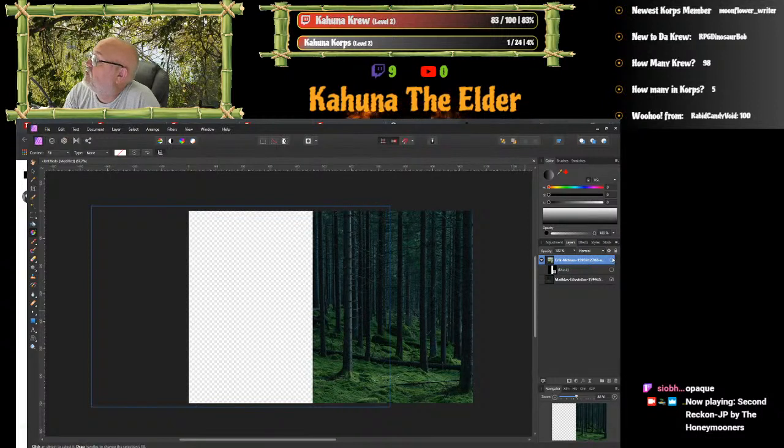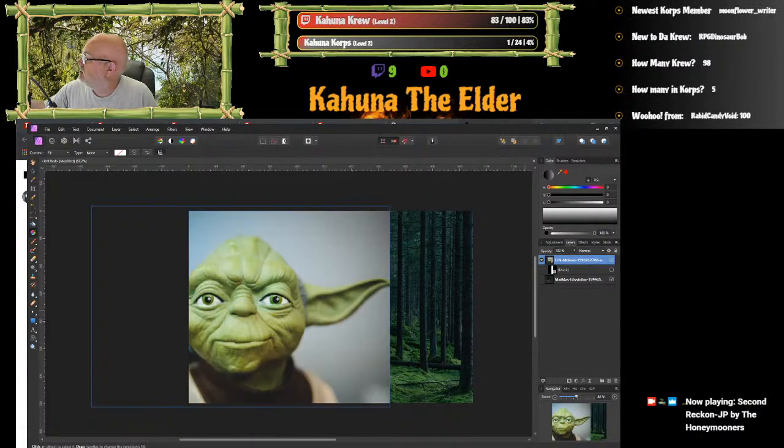That's good. In this case, it's somewhere around almost 300 pixel overlap. Okay? So the two overlap. And then what I did was I created a mask. It's exactly what I said. The mask will go between the Yoda image, which is actually on top, and it will sit on top of the Yoda image and only show through the part of the Yoda image that I want, and then let the rest go transparent to the image below it.